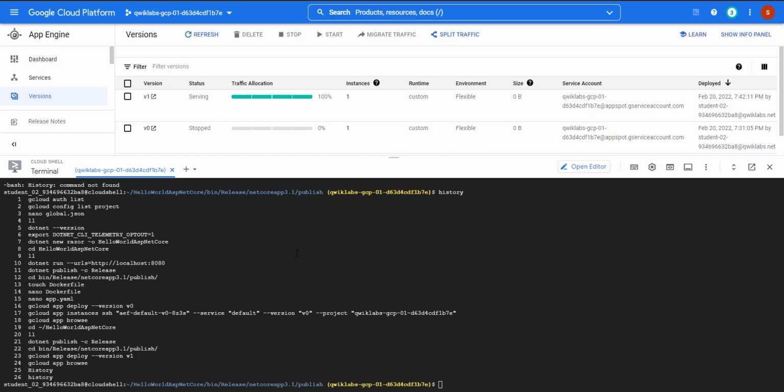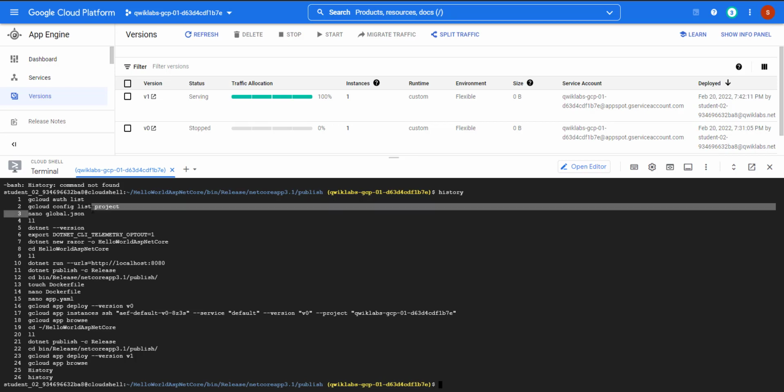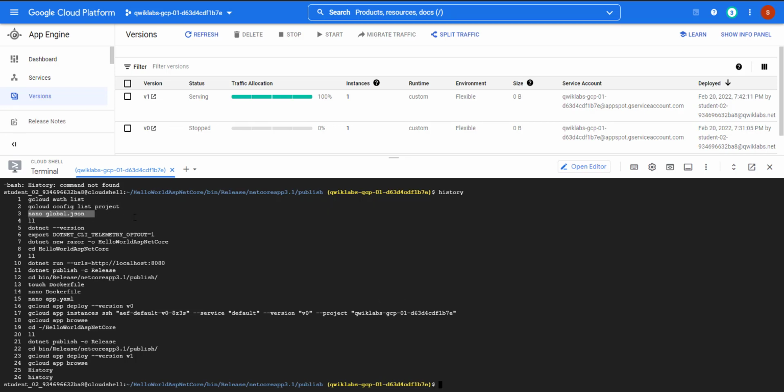First of all, once we enter the Google Cloud Console, this is a completely Dockerized, container-based application which I am going to deploy in App Engine Flexible. First I created a global.json file. It helps specify which version of .NET to install.